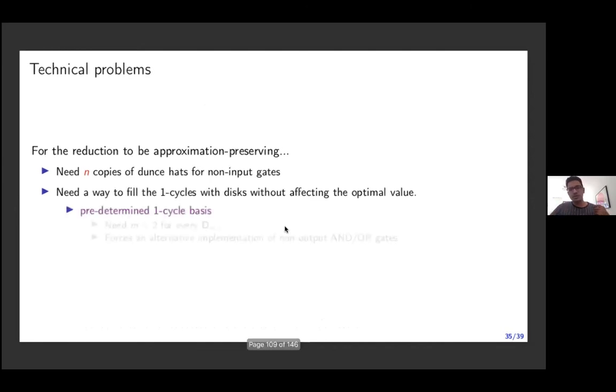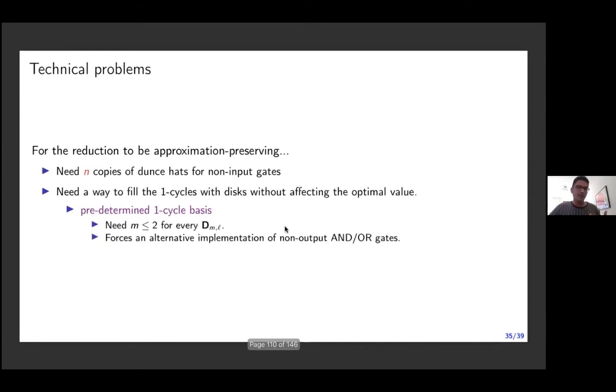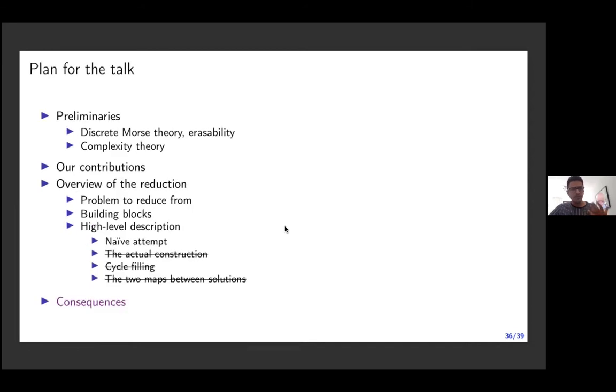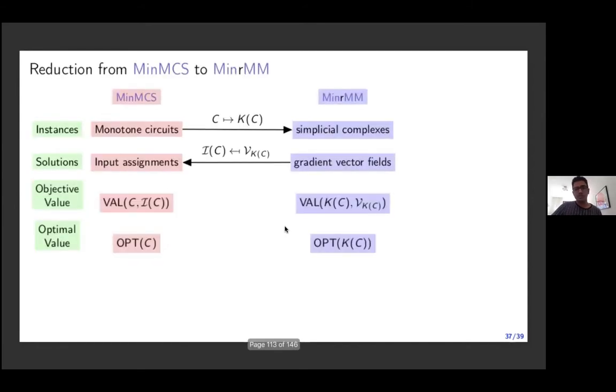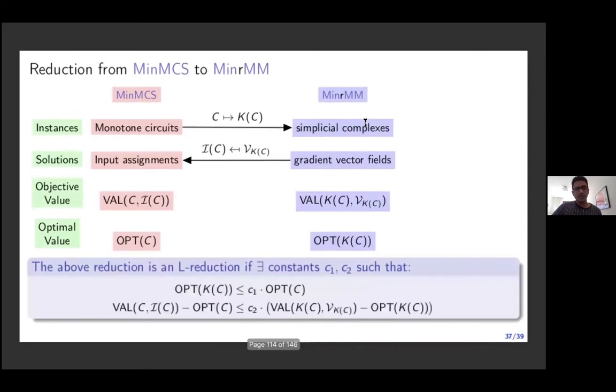So this is achieved in the simplest manner if you have a predetermined one cycle basis, and then you can fill this one cycle basis in a nice way. But this creates more complications for us, because to have such a nice one cycle basis, you need an alternative implementation for AND and NOR gates. And so I will not talk about the actual construction, which is fairly complex, but I will only talk about the consequences of the actual construction. The consequences are that you have a reduction from monotone circuits to reduced Morse matching,